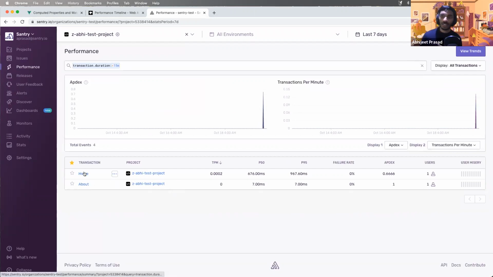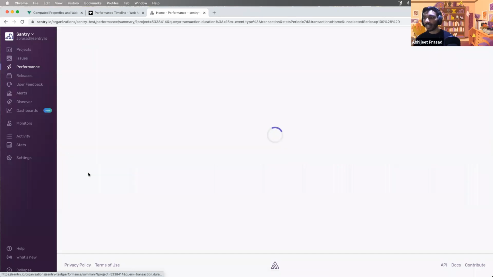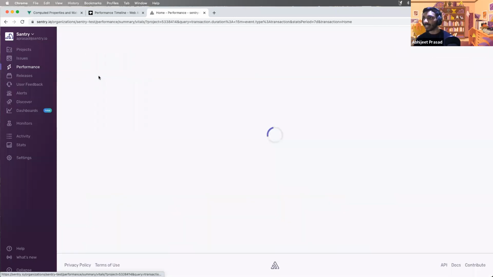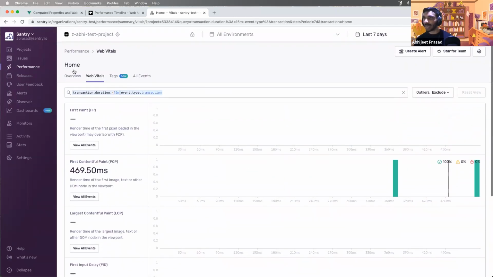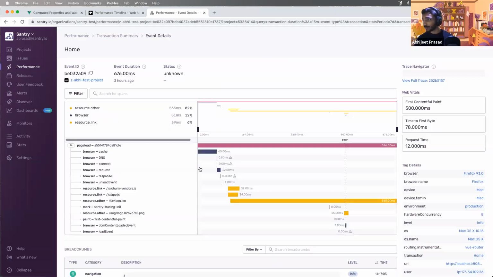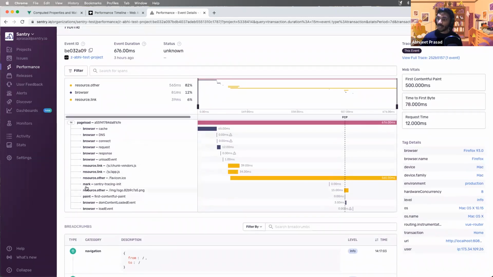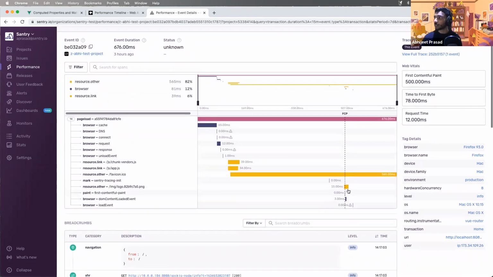The way Sentry interprets this performance data is by sending transactions. We can see here that only the FCP was captured because it's a relatively simple app. But we can see a nice waterfall of information that's collected, like the browser related stuff, how long it takes for each of the resources to load, and then the marks and measures that are emitted. These can be user defined, and are also captured here. This helps you put things into context, and you can even filter based on these different tags. This is how Sentry thinks about performance and tracking it,